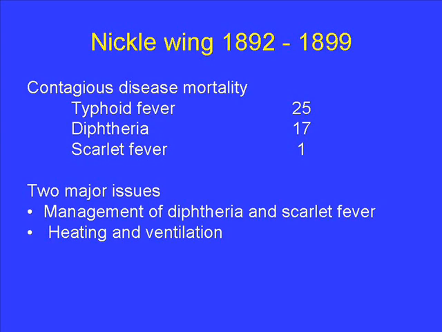However, in 1899, at the end of that period of time, from the point of view of the Board of Governors, there were 2 major issues. One was that the design of the floor was not satisfactory to deal with a large number of cases of diphtheria and scarlet fever. The second was that the heating system, in spite of repeated efforts to improve it, was a disaster. And so their recommendation was that in 1903 alterations to comply with the requirements for isolation of contagious diseases had to occur in the Nickle Wing.